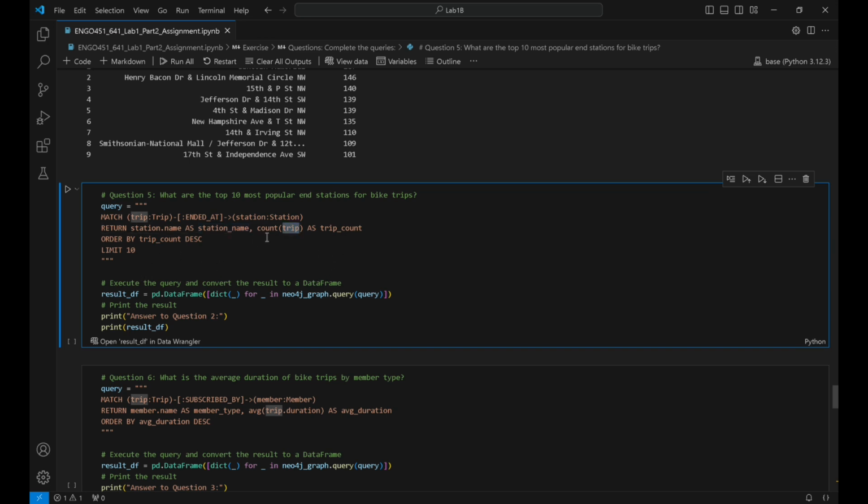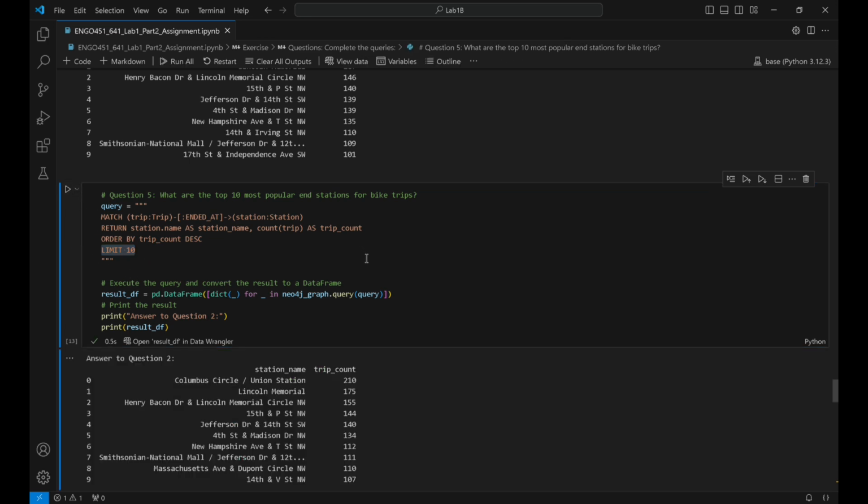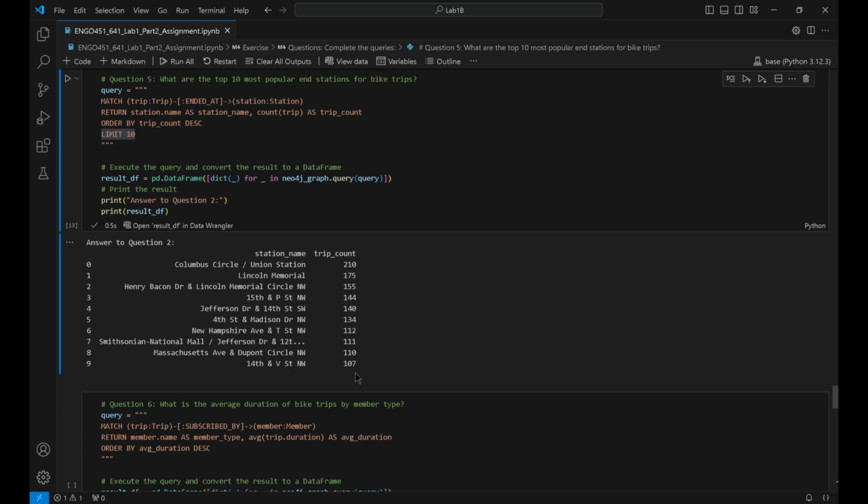name of each end station and count the number of trips that ended there. To identify the most popular end stations, we sort the results with ORDER BY trip_count DESC, ensuring that the stations with the highest number of trips appear first. Finally, the LIMIT 10 clause ensures that we only retrieve the top 10 most popular end stations based on trip